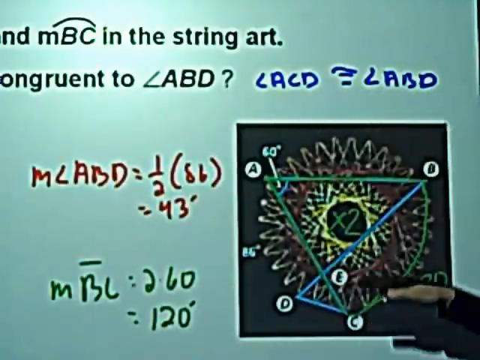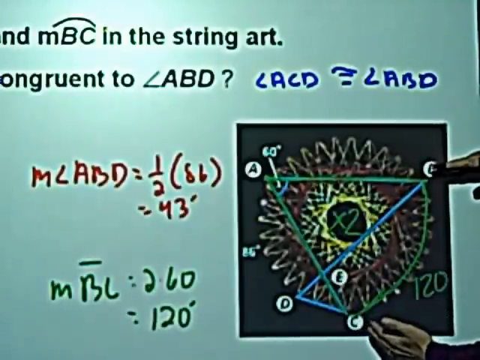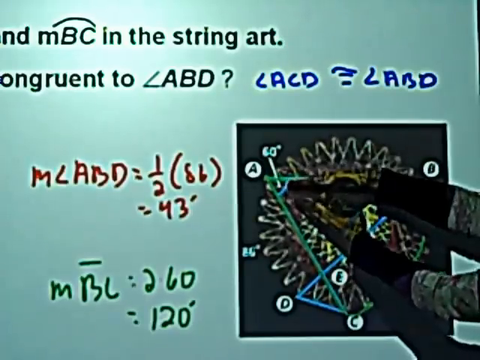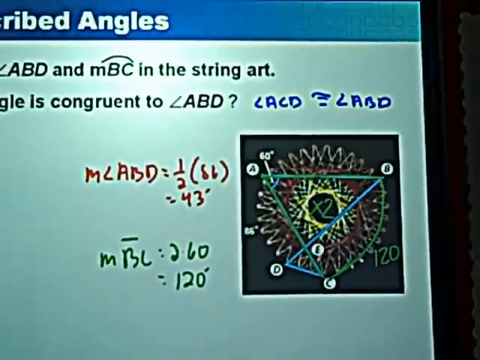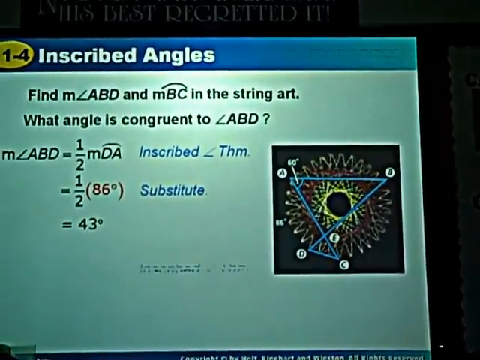So remember, when you're going from the little bitty angle out to the arc, times 2. When you're going from the arc into the angle, divide by 2. So there's our 3 answers. And we'll just take a second to go through all this because